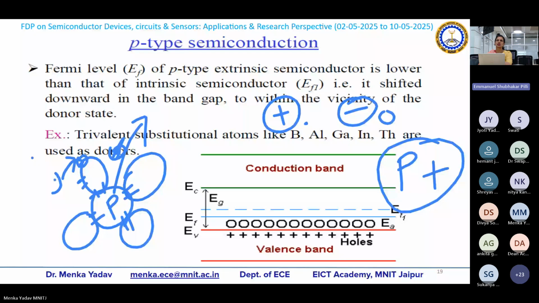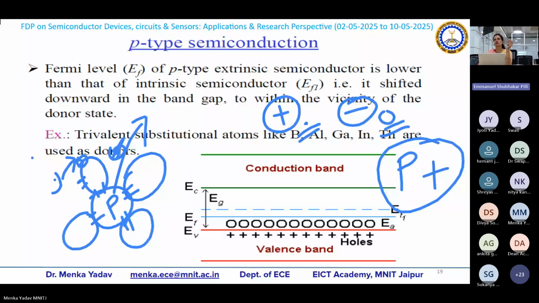So ions are denoted as fixed ions. We will enclose them in a circle, plus and minus. Plus represents positive ions, minus represents negative ions. This dot represents a free electron. This represents the hole. So the hole will be there in the structure. The electron is free to move in the structure, right? Any questions so far? Yes, any question?